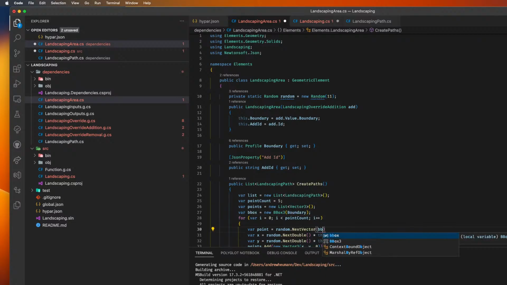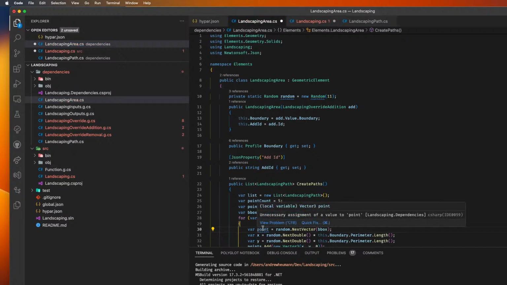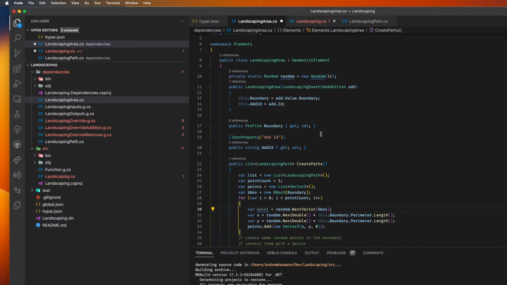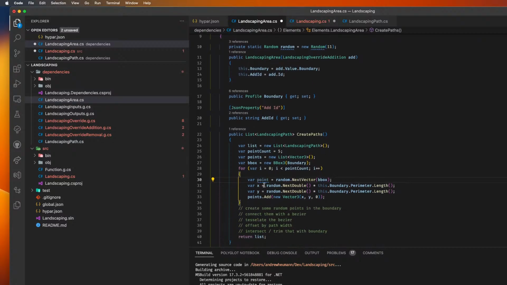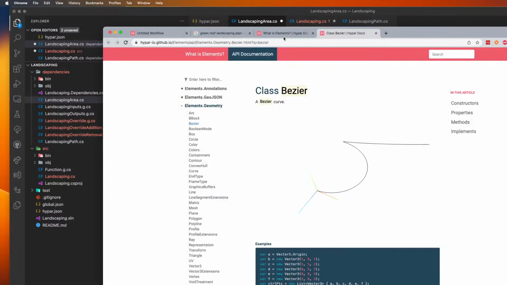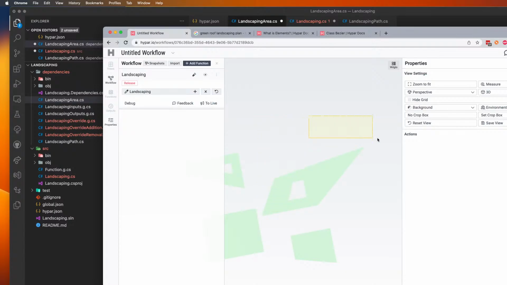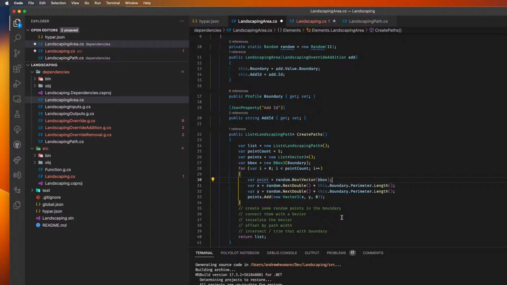And I'm going to pass in that bbox as the bounds in order to create these random points. And so this is just going to create new random points that are within that box, which is not a guarantee that they sit on the profile geometry. They're just going to be somewhere in this bounding box. But that's probably fine. That's probably okay, because we can say